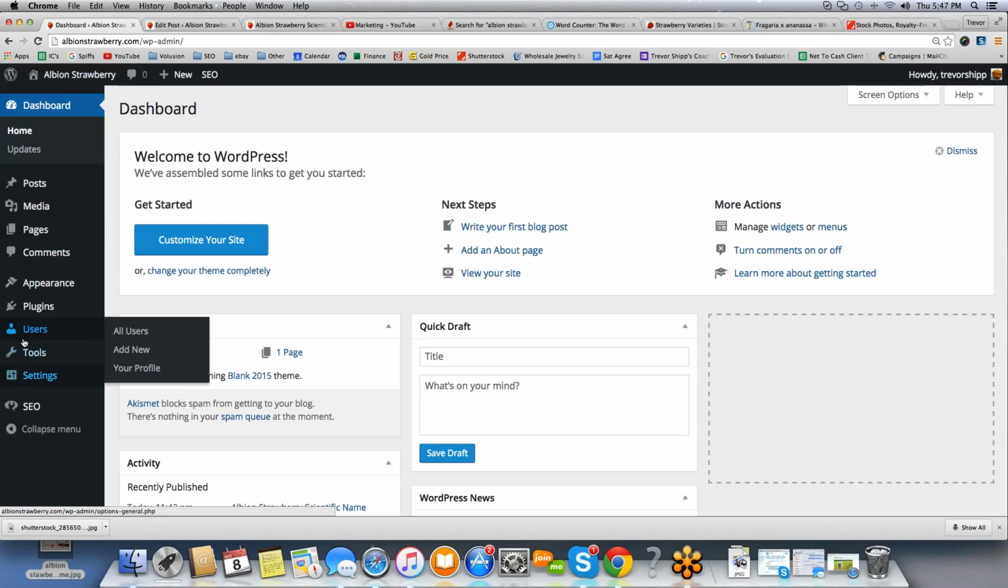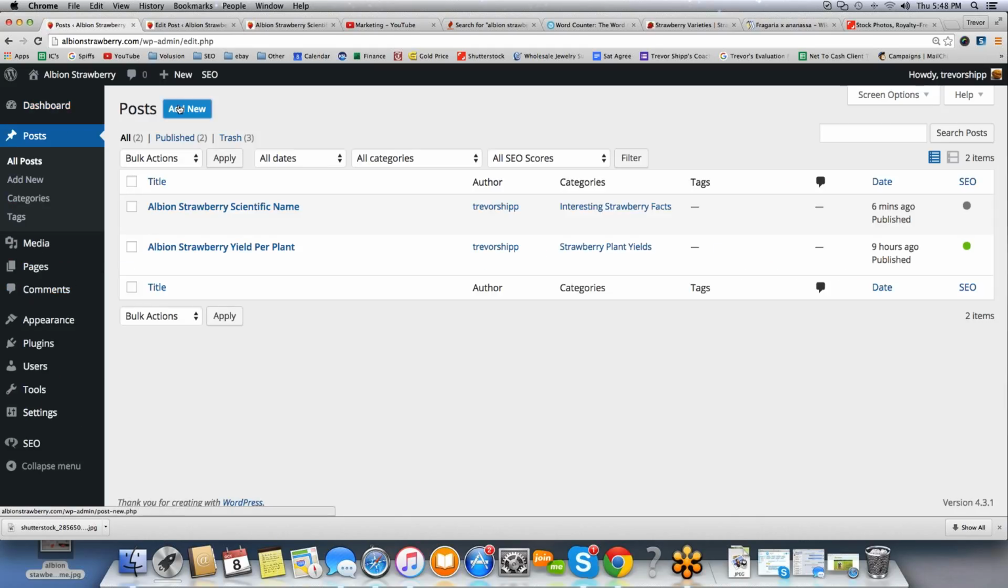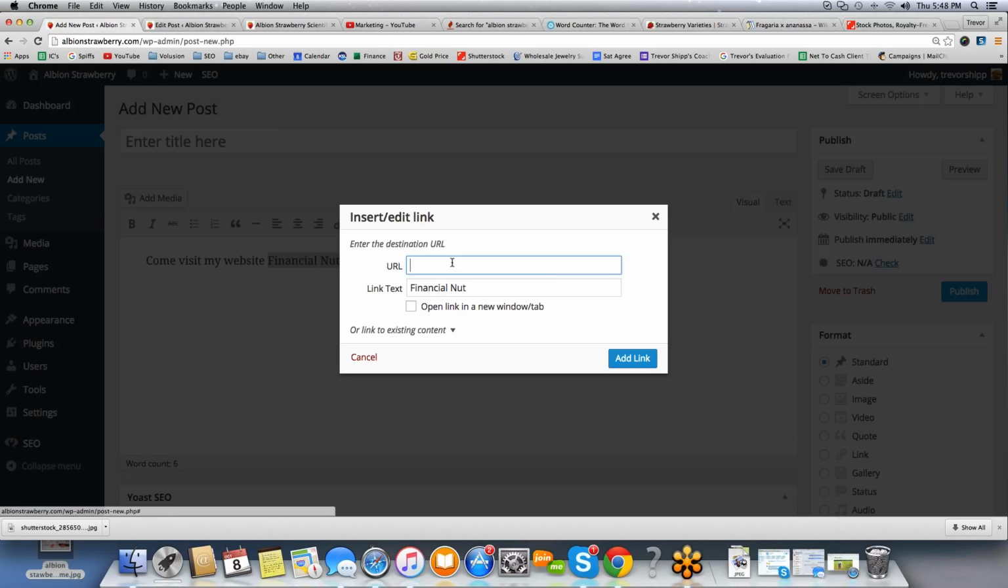If I didn't know any HTML and I was trying to create this same sort of effect, let's go back here. Let's actually create a quick post. I'm going to go to the post section and I'm going to add new. And I'm going to create the HTML using the little WYSIWYG builder here. So I'm going to go something like, come visit my website, financial nut, okay? And then whatever I want to have linked, I would highlight, like financial nut, and I would click on this little insert link, and I would type in the web address for financial nut,